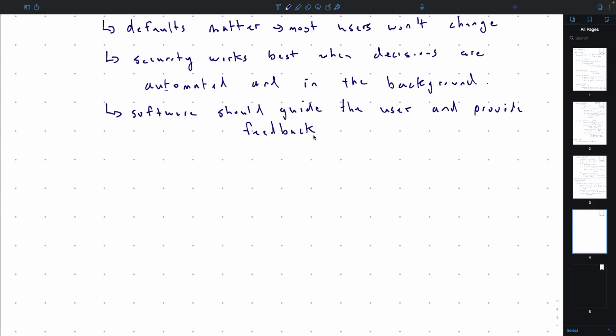So we'll see an example. I'll do a live demo where we'll look at the usability of Tor, which is a browser that you can use to anonymously browse the internet. And so you'll see these principles at play there. The software is intuitive. It should be clear what you need to do. Like you have a goal in your mind: I want to get to a website and be anonymous, right? I should be able to just follow along and accomplish that goal. And the feedback would be like, okay, am I now anonymous or not, right? And that should be obvious to me, and I should know my status at all times.